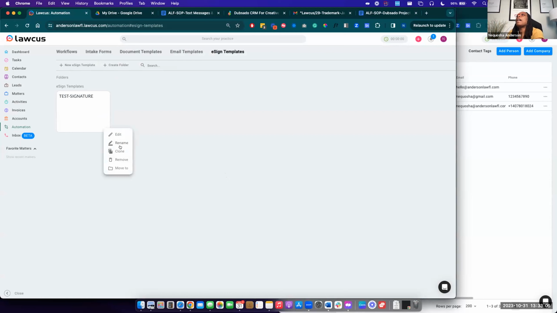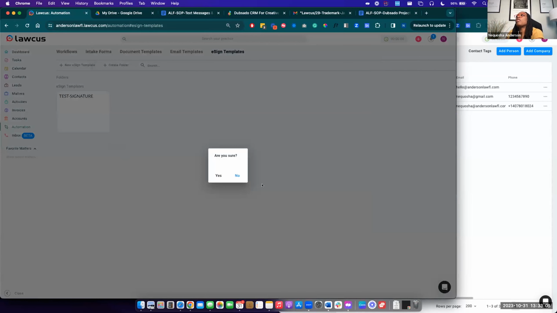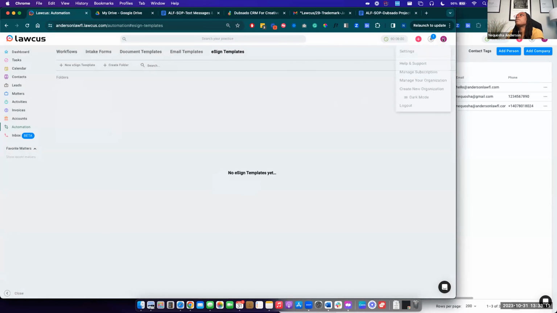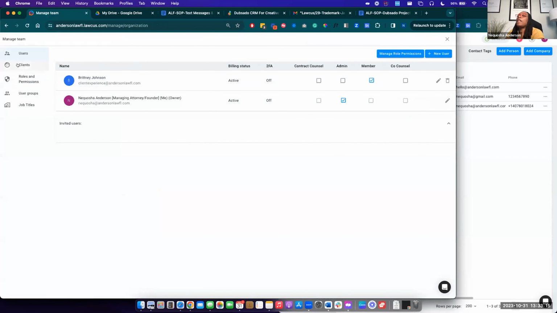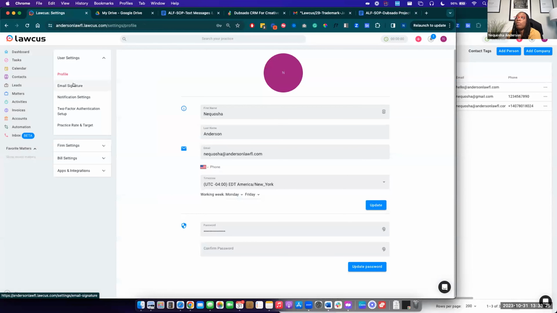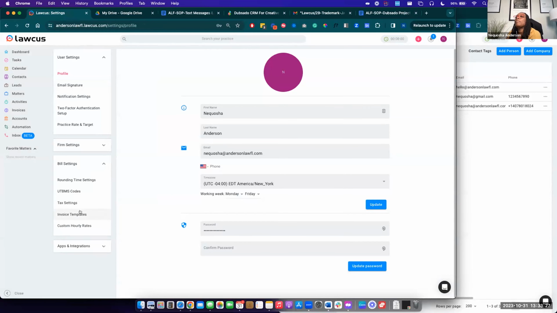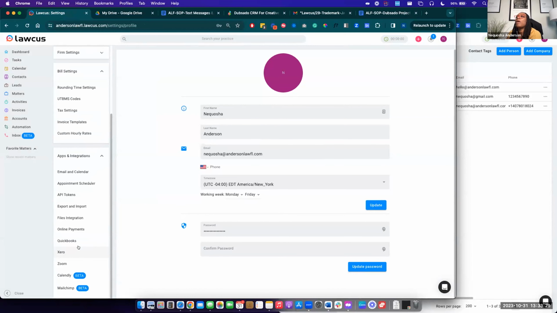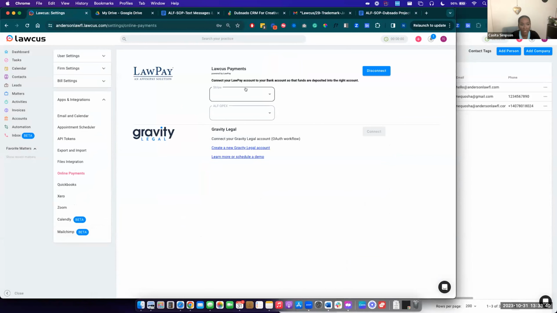So then my last question will be for you as it relates to finances. I think I did this wrong. So they don't integrate with Stripe. Stripe is my primary, because that's who Dubsado uses. So my question is, I do have LawPay. How do I? Yep, all you need to do is go to online payments,